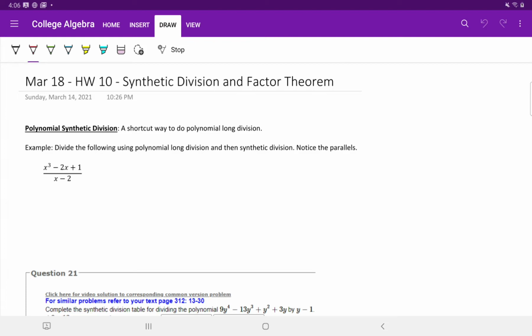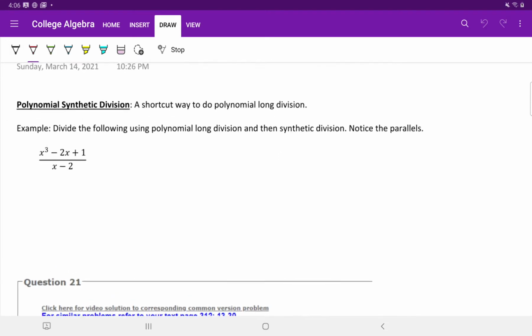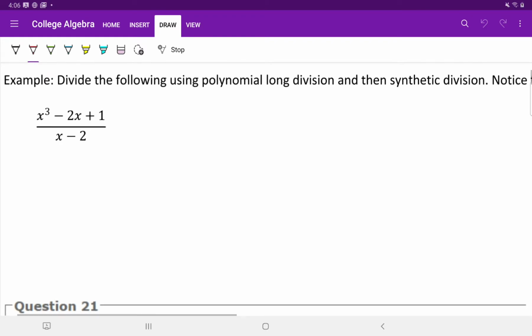that works I'm going to take an example, x cubed minus 2x plus 1, and divide it by x minus 2. But we're going to do this both ways. First, we're going to do polynomial long division, and then I'm going to show you synthetic division, and you can see how the two methods line up, and you'll be able to see that synthetic division is much quicker. It's a nice little shortcut that's going to save us a lot of time. So let me zoom in here. To divide this using polynomial long division,